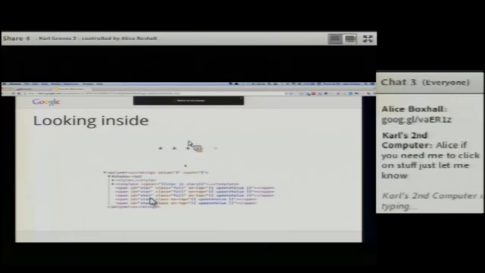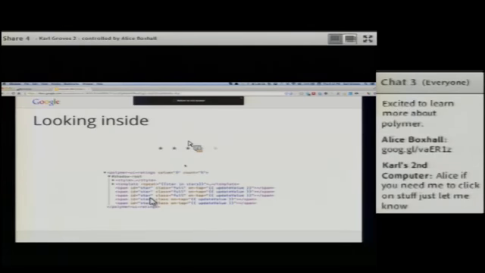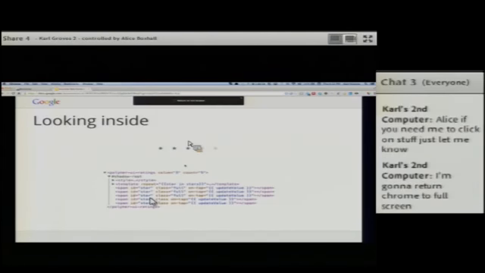So the way this is actually rendered in the page uses this Shadow DOM thing that we've been talking about. So this is just a screenshot of looking at it in Chrome Developer Tools. And you can see that everything is inside the shadow root in this case. So it's all presentation, so it's all inside the shadow root.